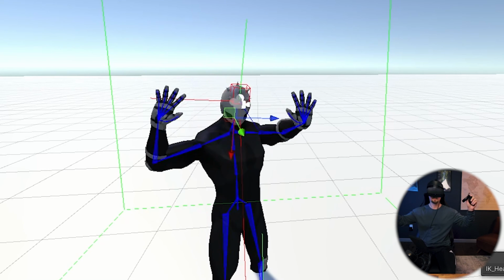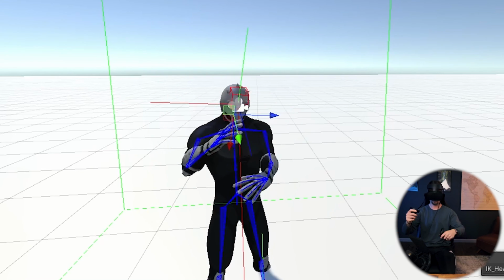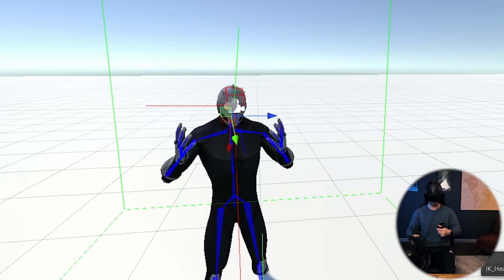There you have it. Now, obviously the legs look kind of weird, just floating around, being stiff and straight. So if you want to just get rid of those, you can find the legs inside of the bone structure and scale those down to 0 so that they disappear and you're just having a torso and arms and hands. In an upcoming video, we're going to work on procedurally walking and having those legs animate, but for now,